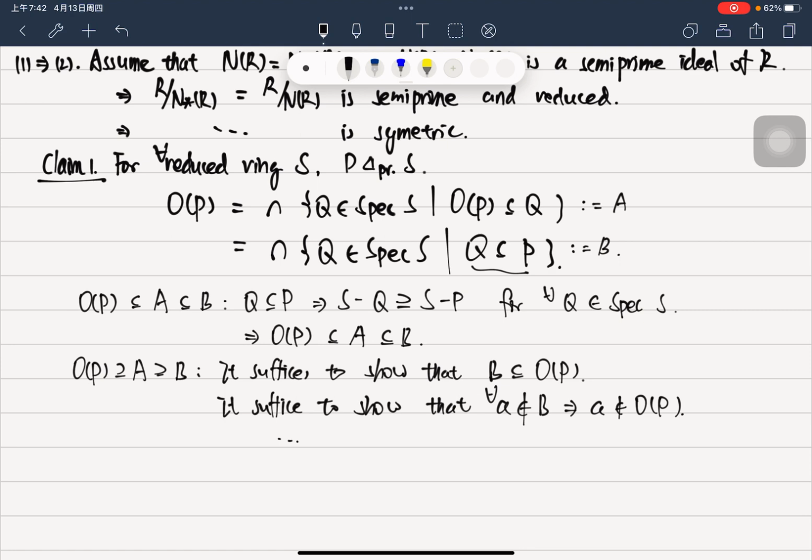How to say this? How about this? There exists a prime ideal of S such that, no, the strategy is wrong. Show that for any element not in OP, A is not in B, which means it suffices to show that every element